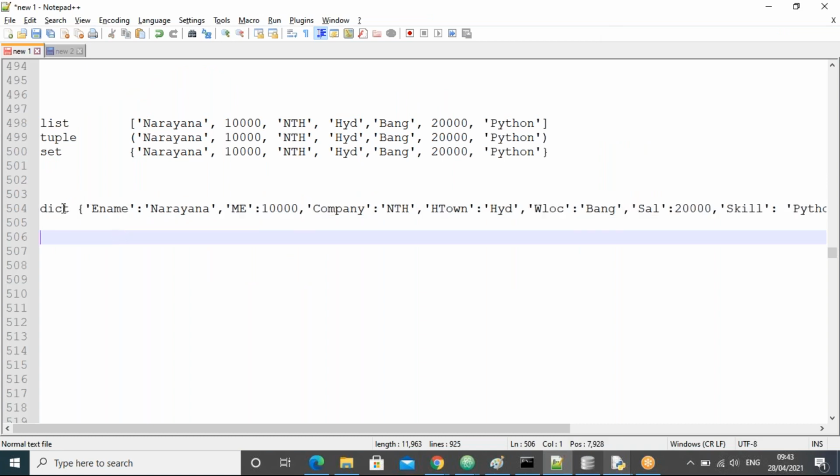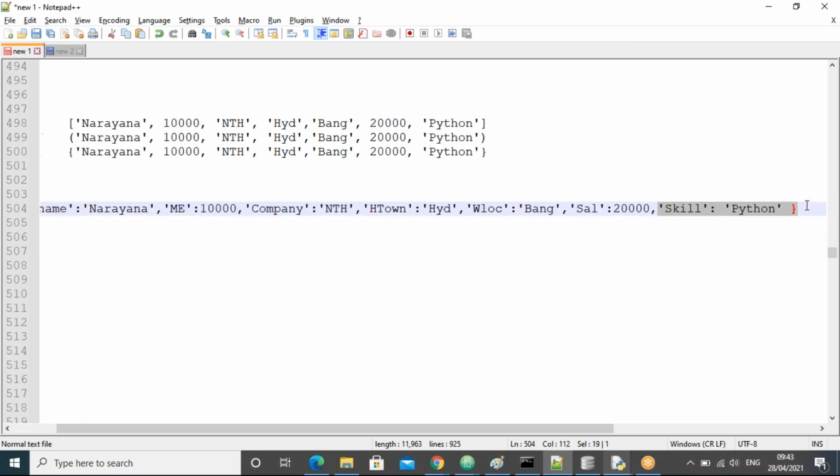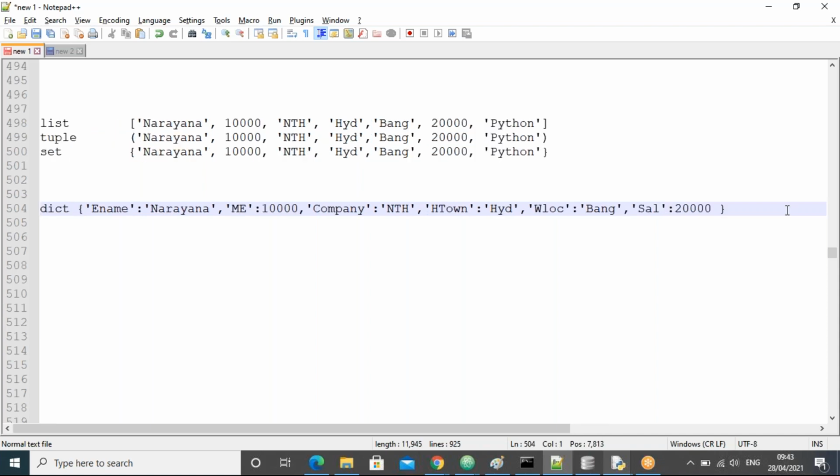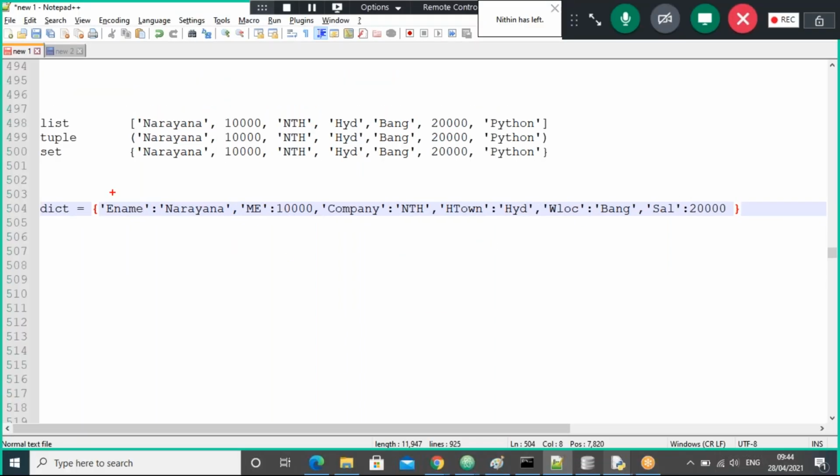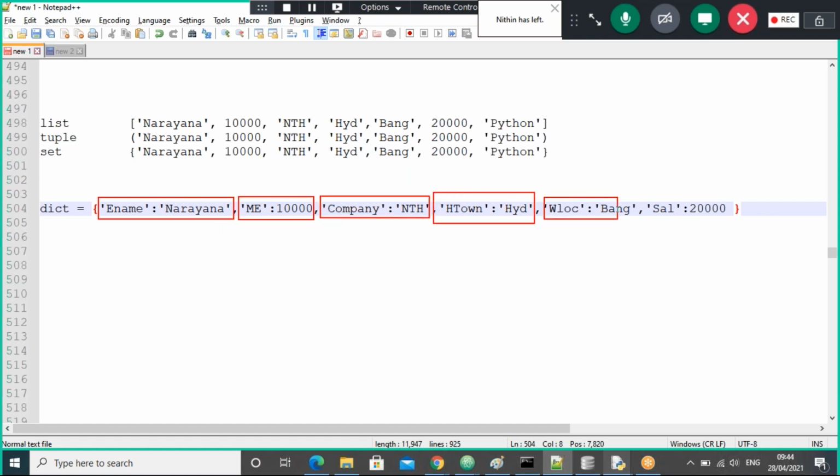So now we say that a dict is a collection of key value pairs, guys. So the last one I'm deleting, guys. Okay. Right. Now all of you observe. Yes. Now all I can see in a single frame like this. Now what is dict? Dict is a collection of key value pairs, guys. That's the first point.